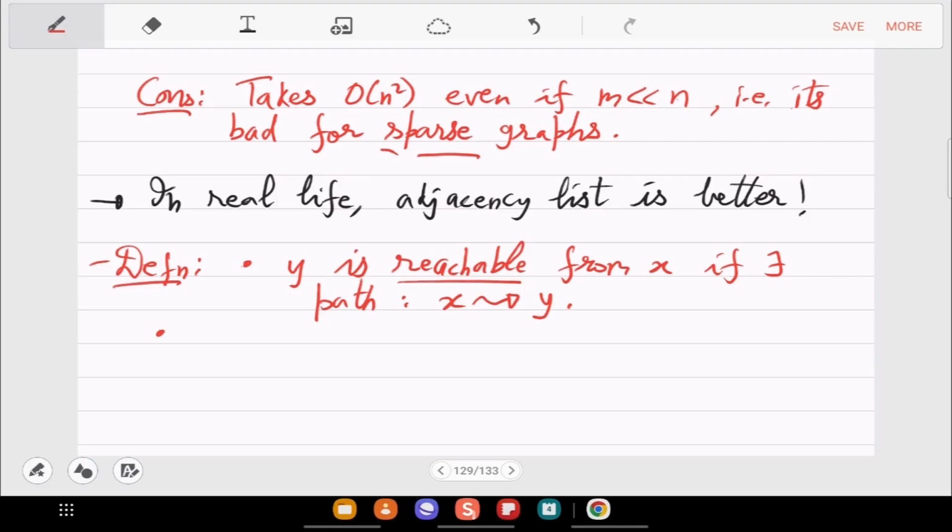You want to know, for example, if you are interested in person X, what is the clan of that person X, right? So what are the people who are friends of friends of friends of X? That's the most basic information you want first. So that is the traversal problem. We call it traversal from X.